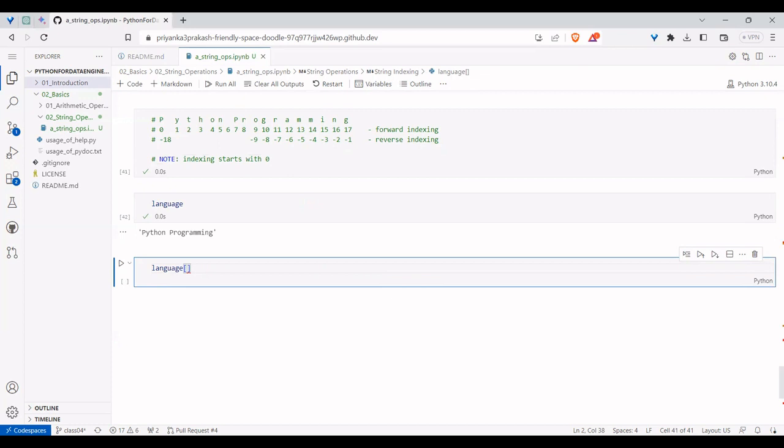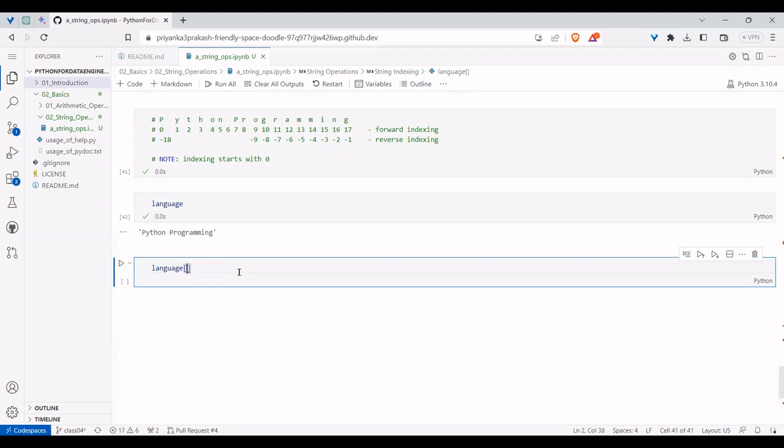The square braces have some importance. If I use a parenthesis, it has some other importance. Generally, we use parentheses whenever we make a function call. But when you are doing indexing, and down the line you will see other data types also, indexing every time works with square braces only.